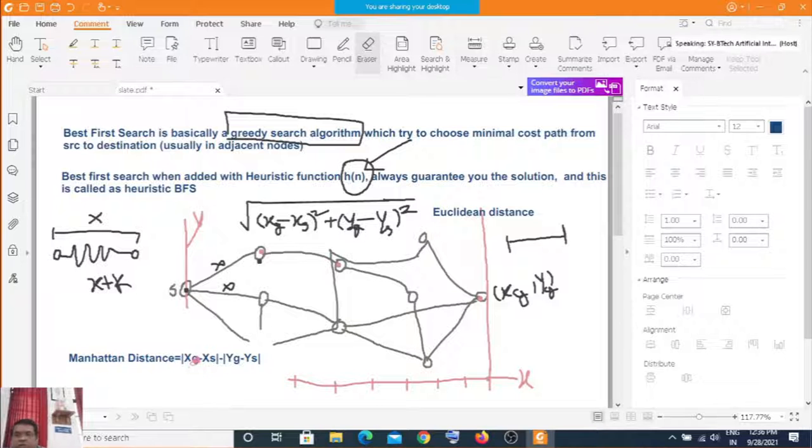Okay, so this is the Manhattan distance. Here we are taking the absolute value: the distance is calculated between xs and xg, and when xs becomes equal to xg, the distance from g to g is zero. That is how this best first search works. Now,